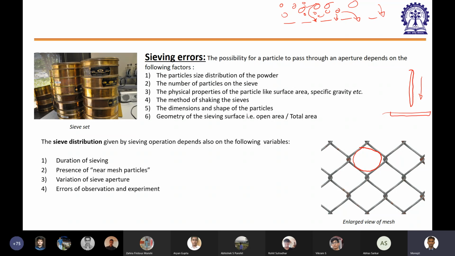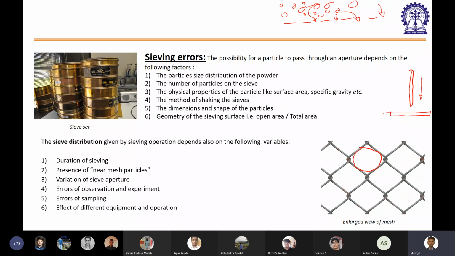Errors of observation in the experiment. Obviously, this is the experimental error. Errors of sampling: when you are taking out the particles from the sieve and doing all the sampling, there can be an error here also. Effect of associated equipment and operation. This is not directly sieving, but the equipment related to sieving can also lead to an error. Suppose you are weighing the mass of each fraction of the particles retained on a specific screen. That machine can create error. So all these errors can create problems in the entire sieving process.